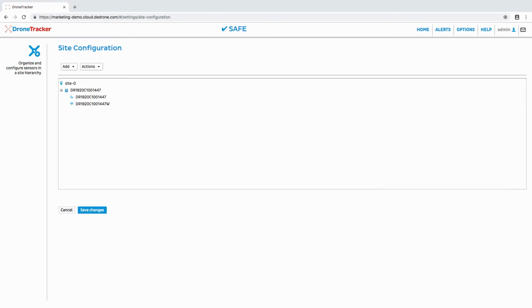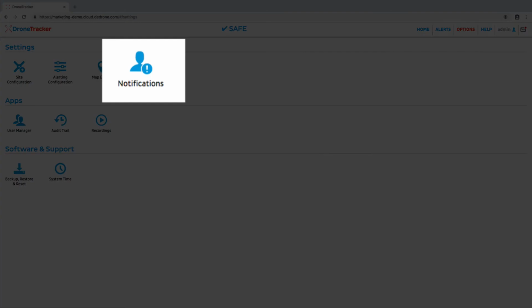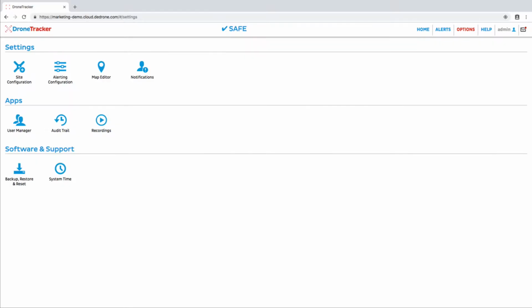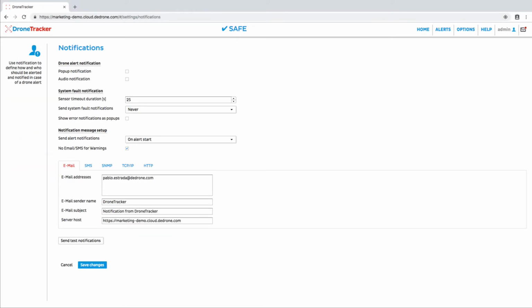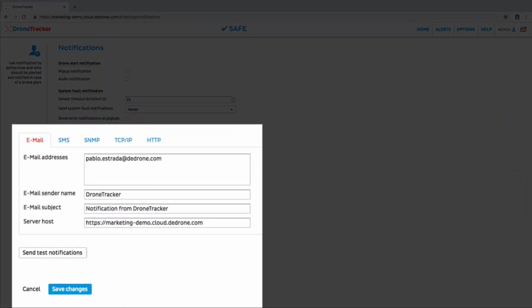Now let's configure notifications and alerts. Back in the Options menu, select Notifications. You can receive notifications about drone activities in a few ways. Email and SMS are the most common, and configuring each is straightforward. Near the bottom of the Notifications configuration screen, the Email tab will already have your information pre-populated, though you can